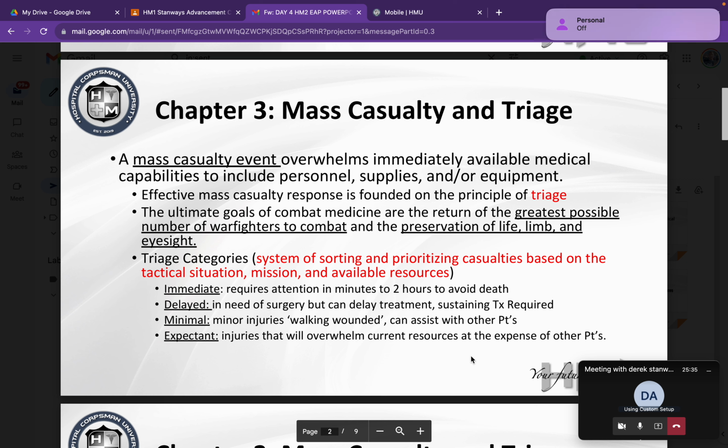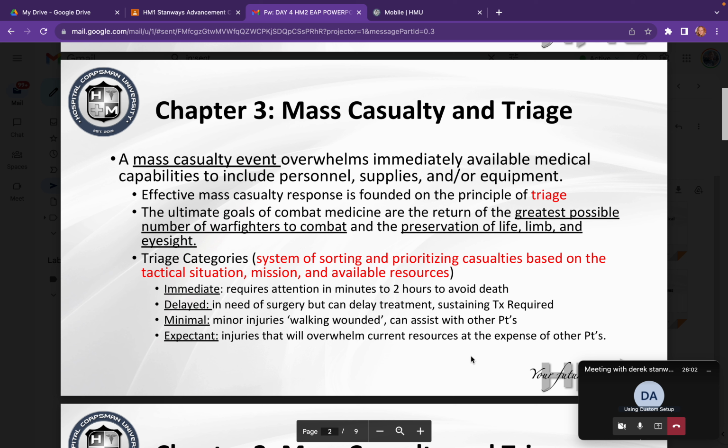So there's one that throws people off all the time, right? They see a leg amputation, right? The key word is that leg amputation and the patient is still stable. What do you classify that patient as? Delayed, right? I know that one trips people up because they'll see a leg amp and the immediate thought in their head is, oh, emergent. But it's this patient's status with whatever injury is going on that's going to dictate what that triage category is going to be.